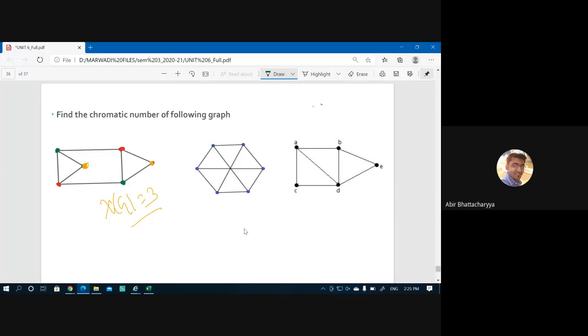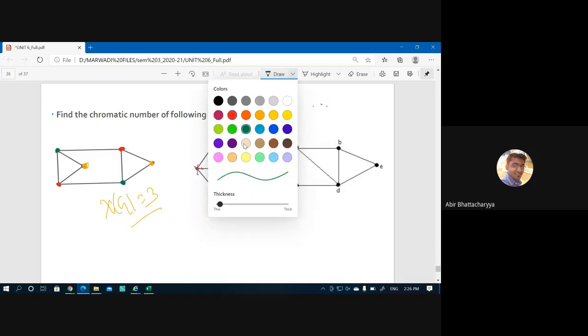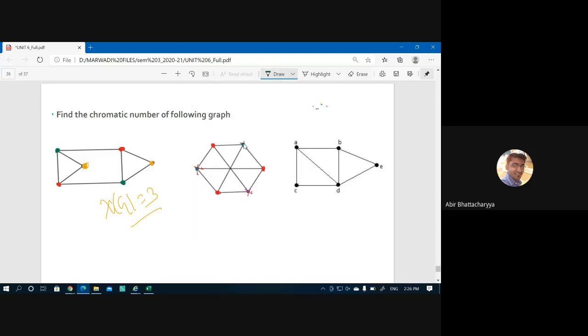So chromatic number. If I have this graph, let's put this vertex as red. If I put this vertex as red, we cannot put this one as red, we cannot put this one as red, and we cannot put this one as red because they are adjacent to this vertex. So this one is red, and if I put this one as red, already you can put this one as red. These three are red. Where we cannot put red, we can put another color, that is green, green and green. So the minimum number of colors required here, Mahima, is 2. So the chromatic number is 2.